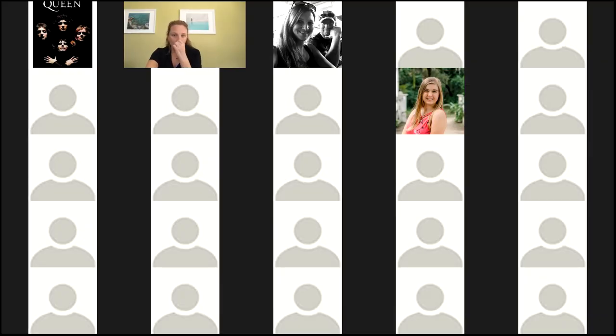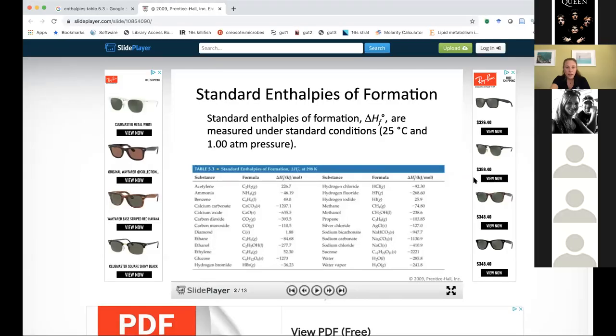So table 5.3 from the book, I'm going to give you on the exam, and it looks like this. It's the same one that was on your Friday problem solving, where we were looking at the combustion of benzene and propane. We also have the enthalpies of formation of other common compounds like ethanol, glucose, water, carbon dioxide,